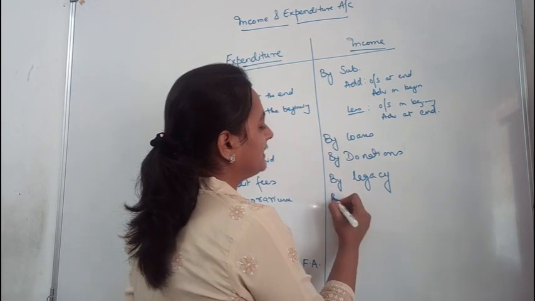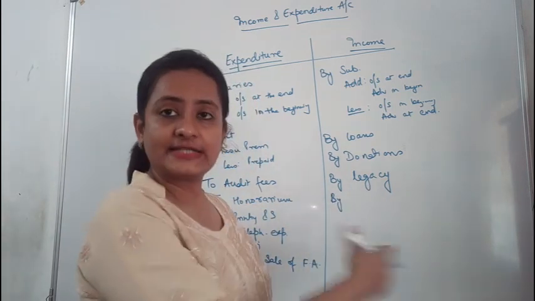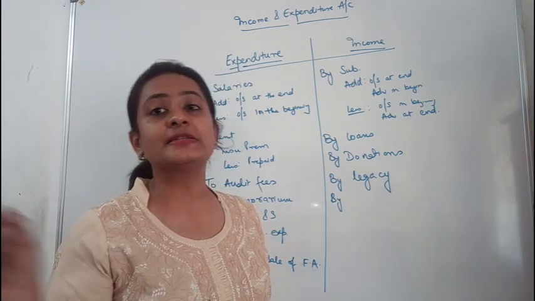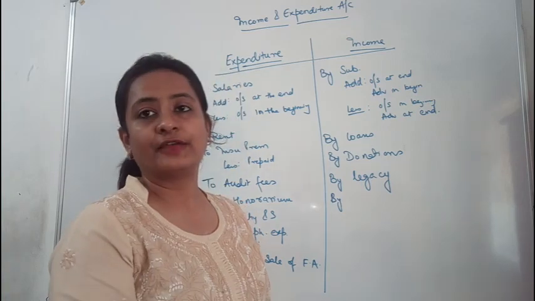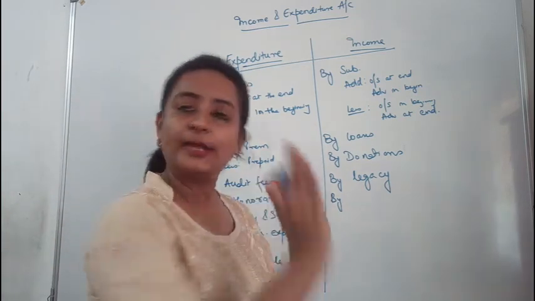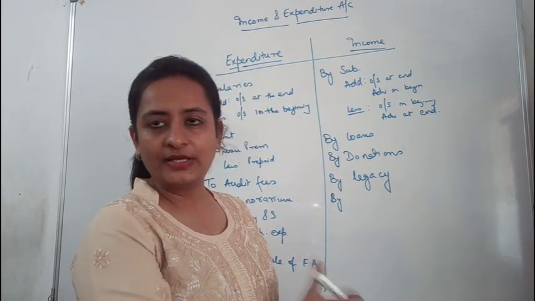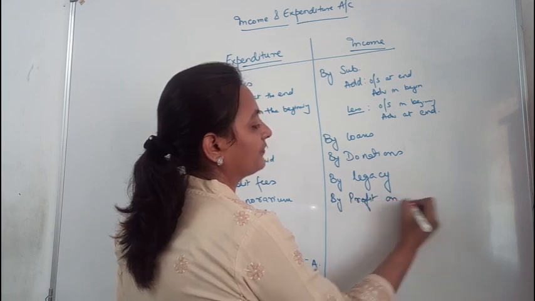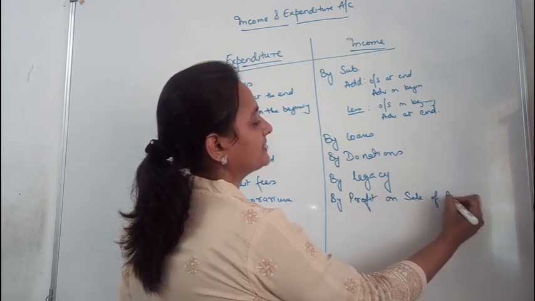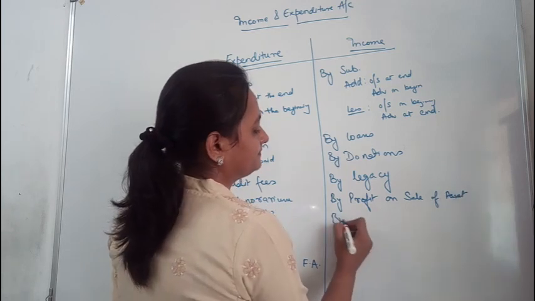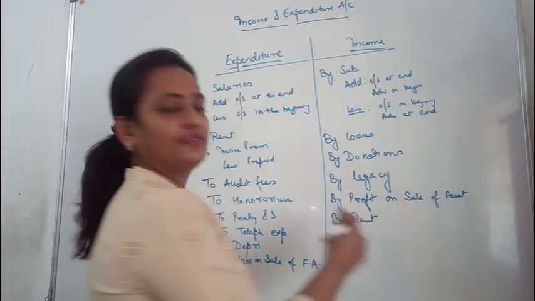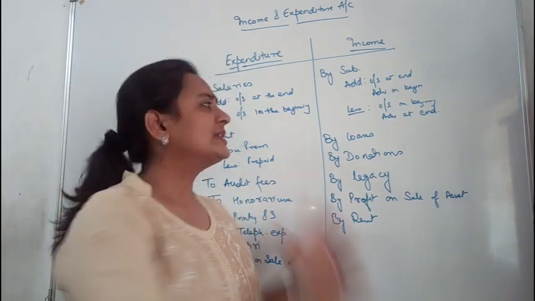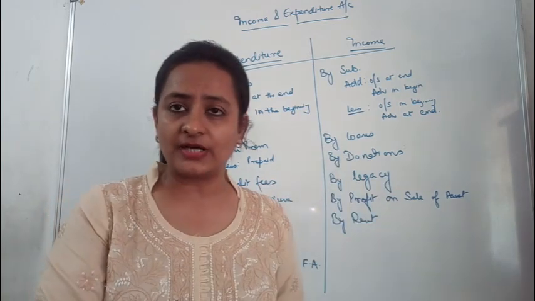Apart from that, legacy also, it's general legacy. If the legacy is specific, it does not form part of the income and expenditure account. Why? Because that is capital in nature. It is not considered as revenue. In the income and expenditure account, we only put items which are revenue in nature. Apart from this, if you sold off any asset and made a profit on that, it is profit on sale of asset. Rent, of course, is rent received; the rent that you pay forms a part of your expenditure, the rent that you are receiving forms a part of your income. So these are the basic things which come in the income and expenditure account.